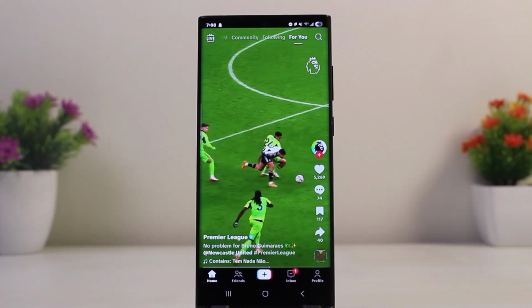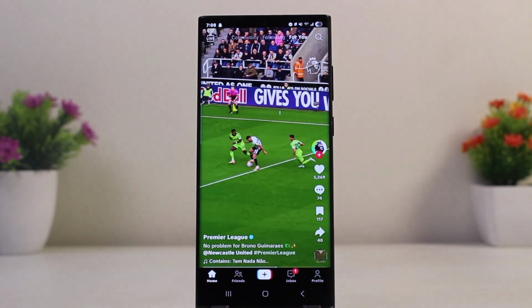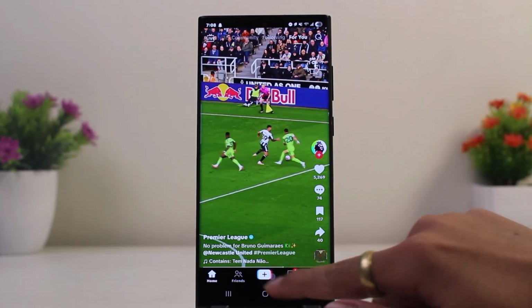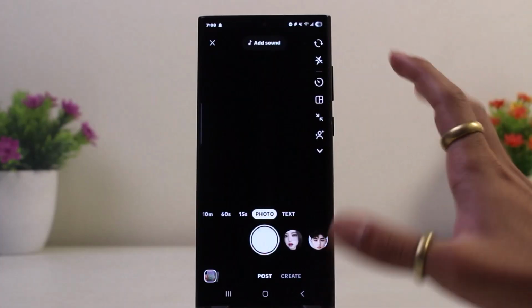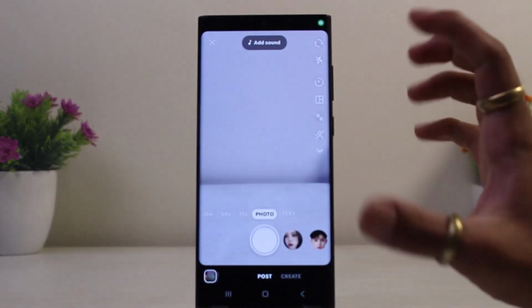How to make TikTok captions stay on screen for longer. First of all, go ahead and tap on this plus icon once you open the application itself to start posting